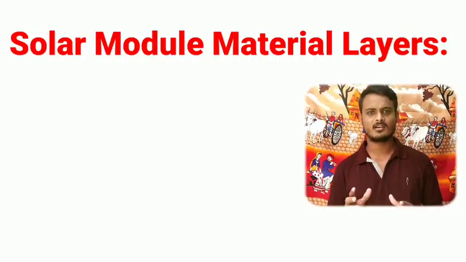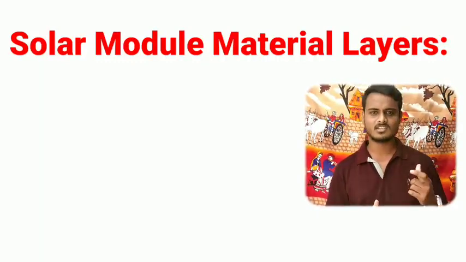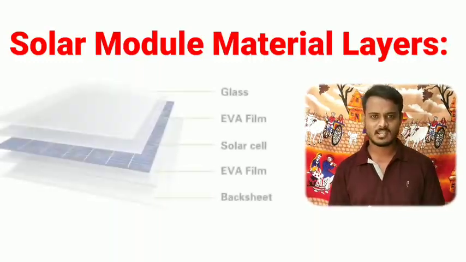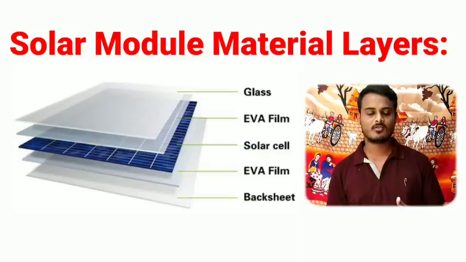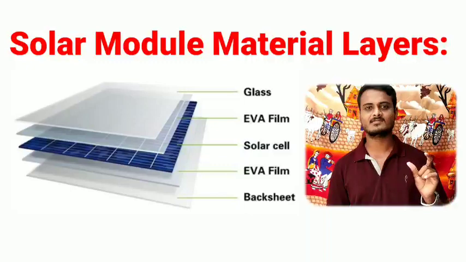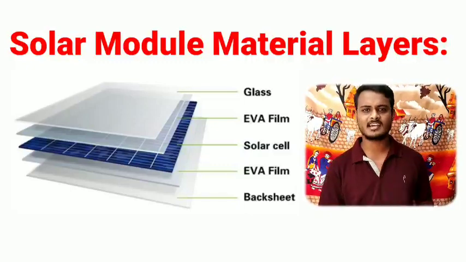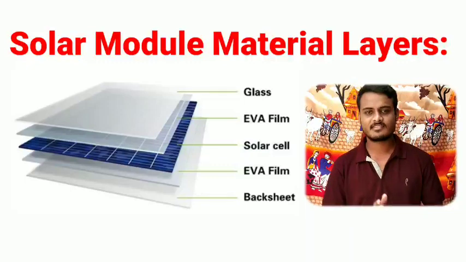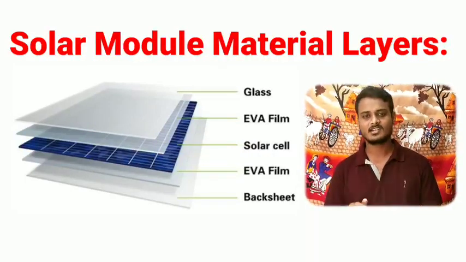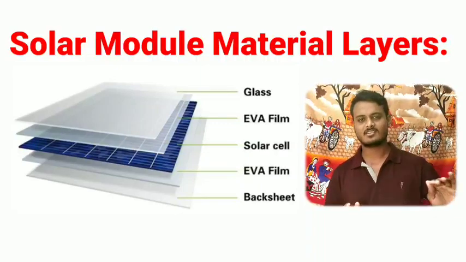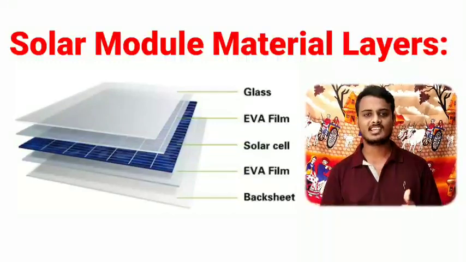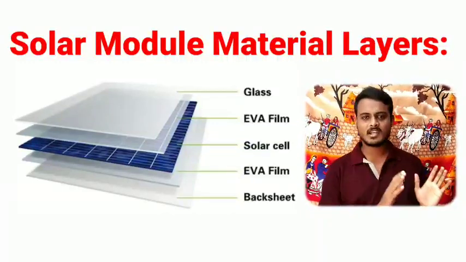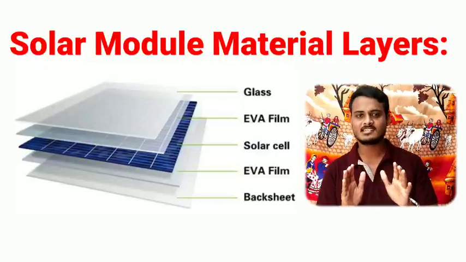The next topic is solar module material layers. In the real-time industry, you observe the layer process. The first one is glass, the next one is EVA, the third layer is cells or strings, the fourth layer is again EVA, the fifth layer is backsheet. In this image you observe all these layers. We are using the front side surface layer of EVA, then the next one is the rear side, it means the backside surface of EVA. One solar module has two layers of EVA. This image will clearly explain and show you a visualization of the layer process.